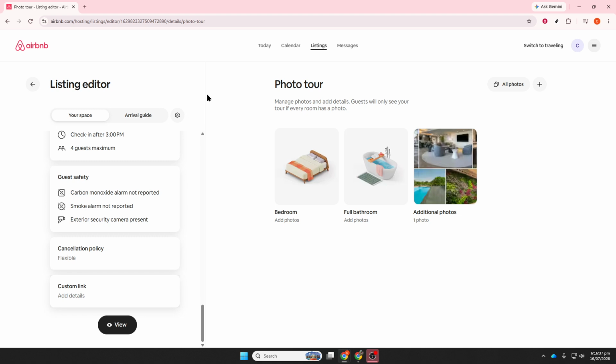And that's it. Duplicating an Airbnb listing is a simple way to speed up the setup process as long as you carefully review each